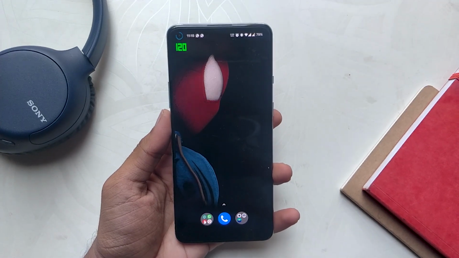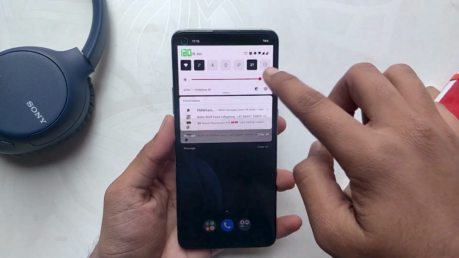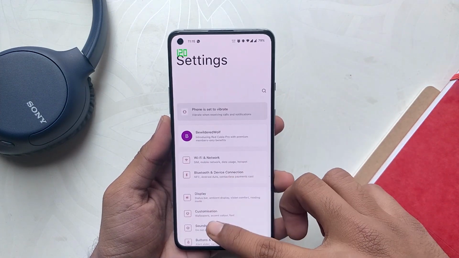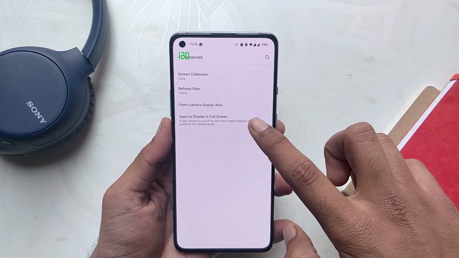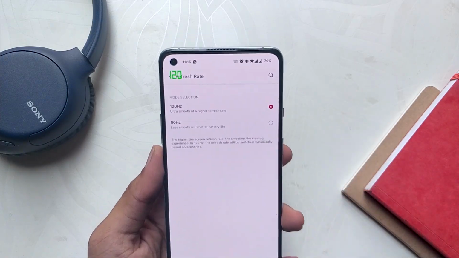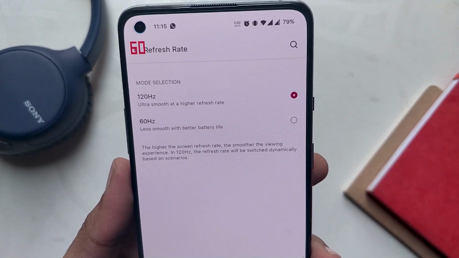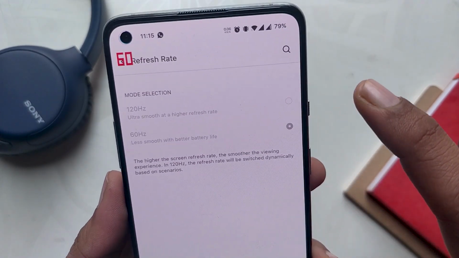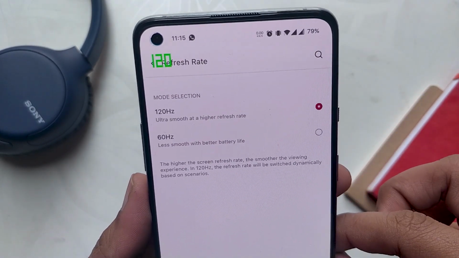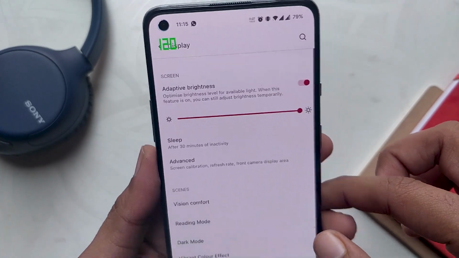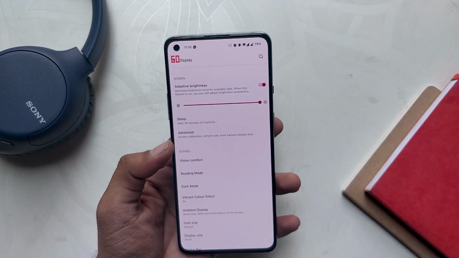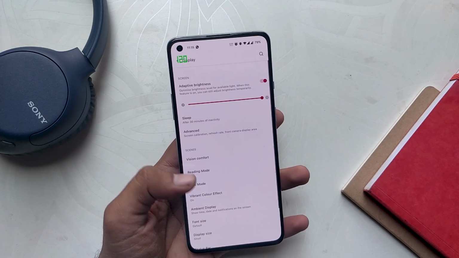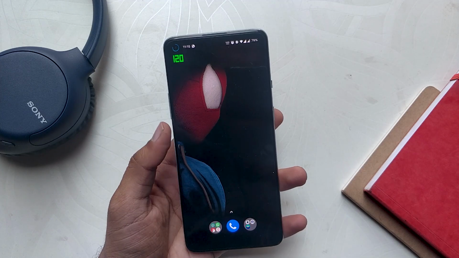First, let me show you what the problem actually is. As I go into the display settings of my OnePlus 8T and select the refresh rate option, you can see that my refresh rate has been set to 120Hz, and that is what this FPS meter is showing on the top. This is not an FPS meter actually, it just shows the screen refresh rate. I tried many things to get the Gamebench True FPS working, but it doesn't support Android 11 till now, so we'll have to work with what we have.